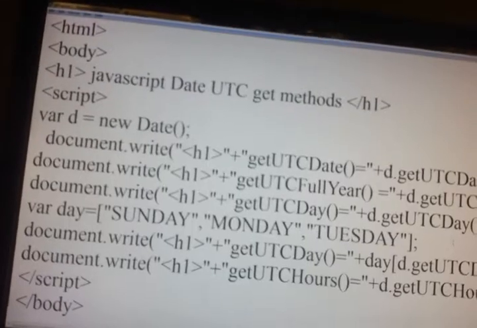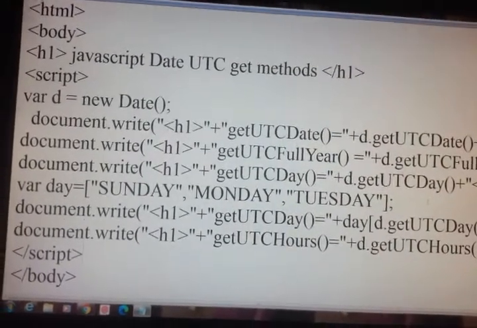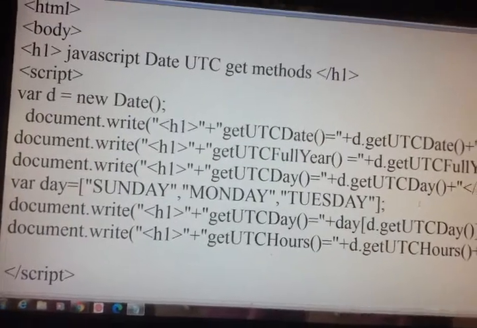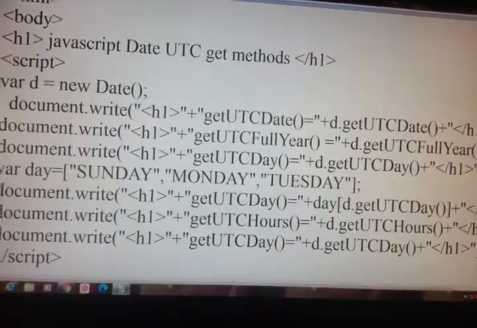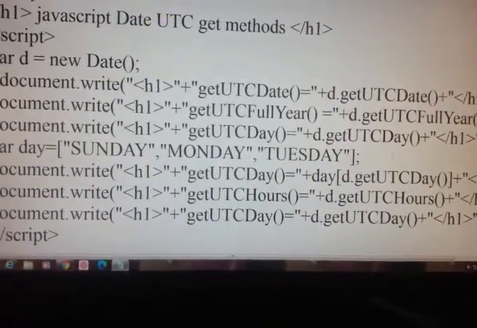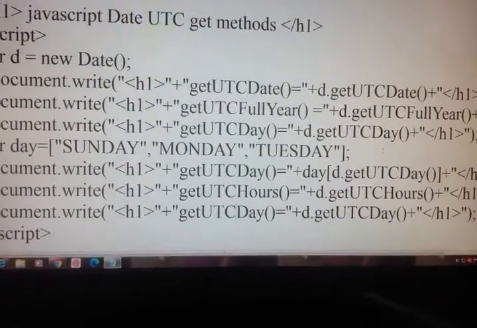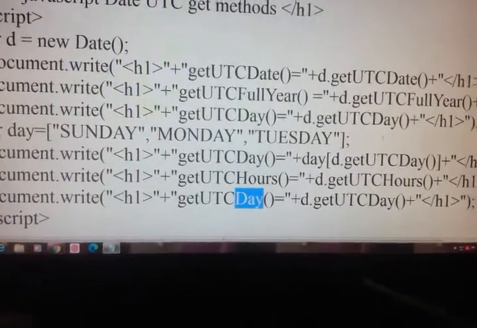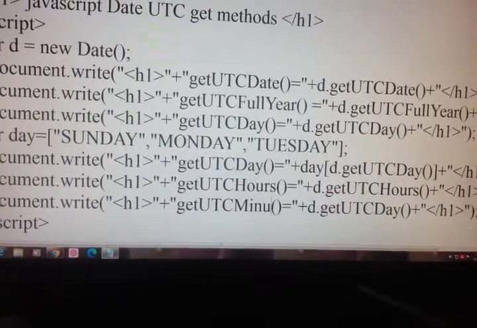Get UTC hours. Hours we got 13. Then getUTCMinutes.